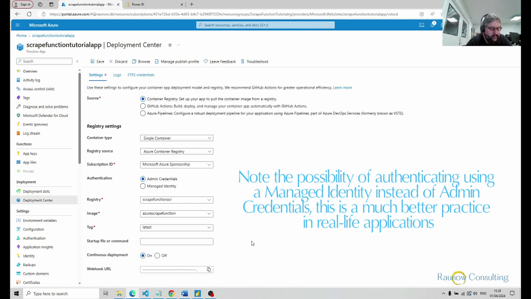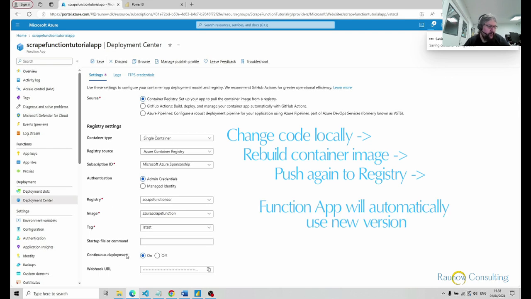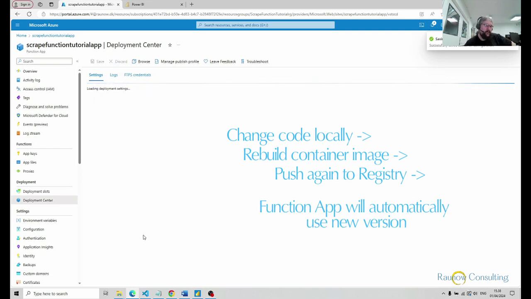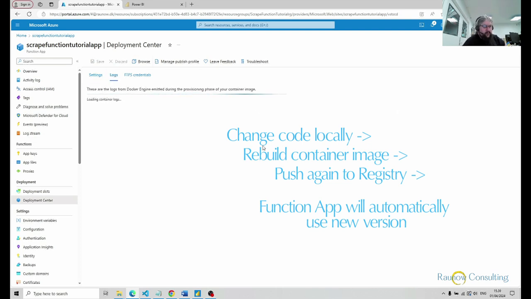Basically, this is pretty useful because it means that in case I have to make some changes to the Python code, I won't be able to change the code directly in the function app, but I can change it in VS Code and then rebuild and push the container once again, and that will automatically update it here in the function app. Now if we go over to logs,